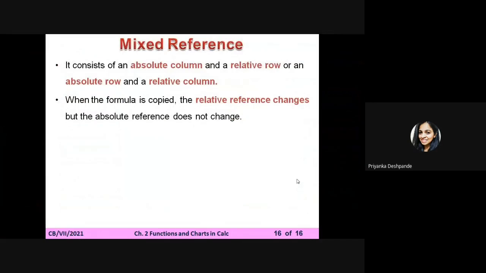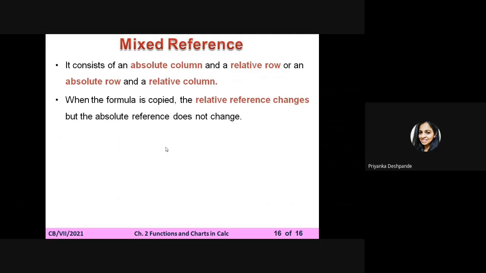Now let us see the last type, that is mixed cell reference. It consists of an absolute column and a relative row, or an absolute row and a relative column. Now, what we have done in absolute cell reference, we have fixed a particular cell, right?